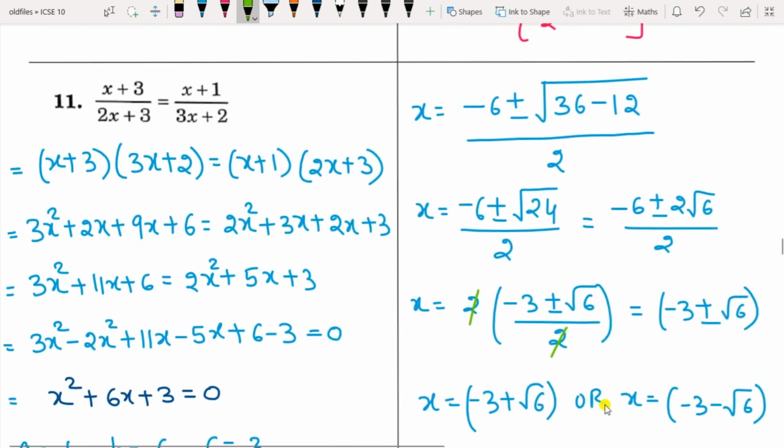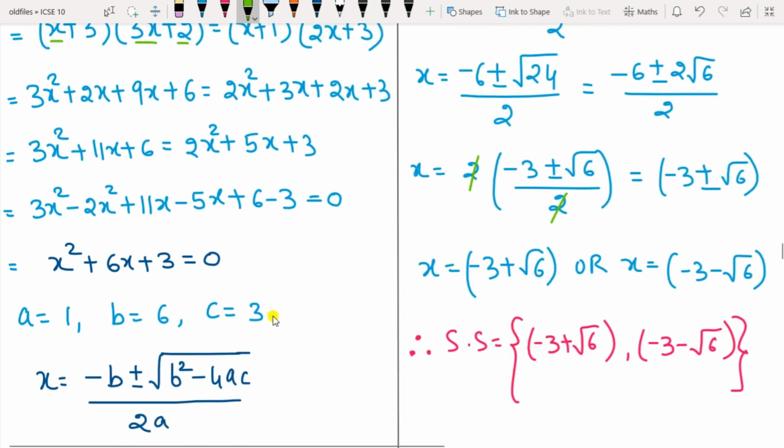Now if the equation is of the form in fractions like this, you know how to solve. We have solved in the earlier exercise. You have to do cross multiplication and multiply each of the terms of the first bracket to each of the terms of the second bracket. Then take the like terms together and bring it to the general form of the quadratic equation. Then write its A, B, C and substitute the values in the quadratic equation formula, and you will get the roots here. So x is here minus 3 plus root 6 and x is here minus 3 minus root 6.